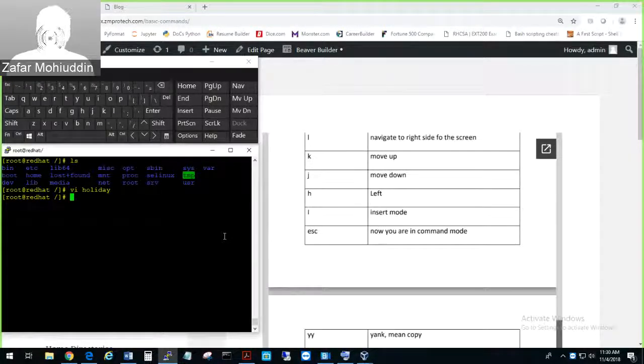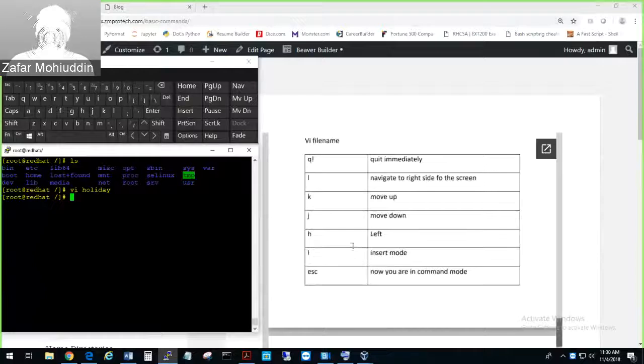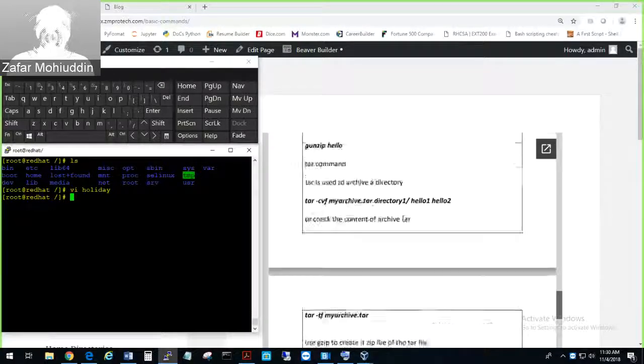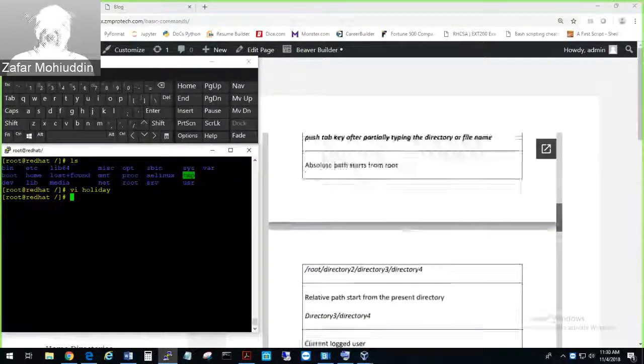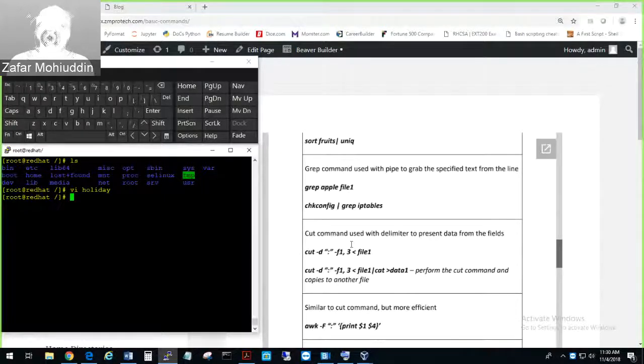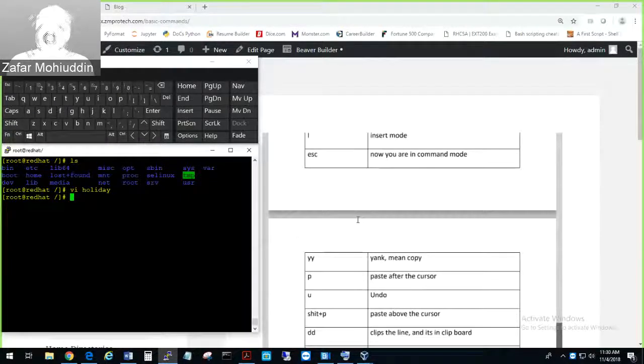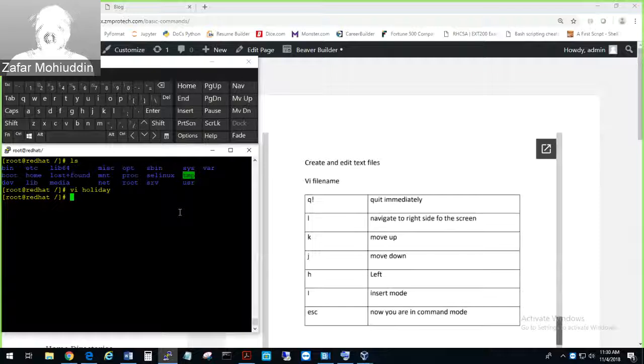Okay, when I did it, let me go back in there. So for you to be able to get a good hand on all this, what you have to do is go in there and practice all this every day up until wherever I covered. So start from top and then come back here, stop right here, and then go on the bottom and then open a VI editor. When you say VI holiday,